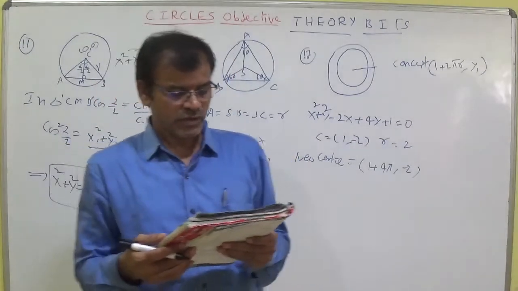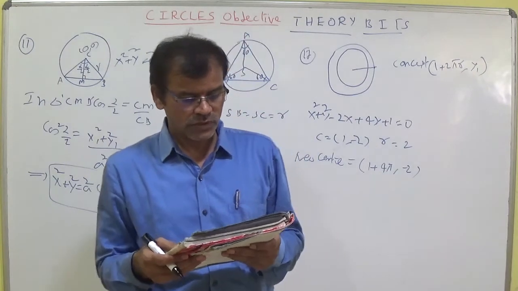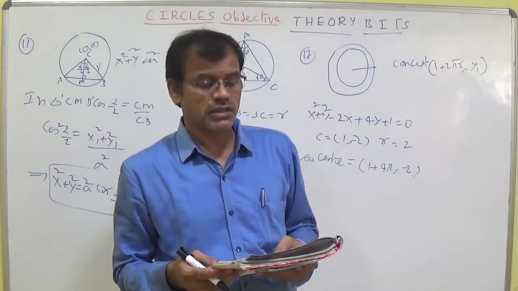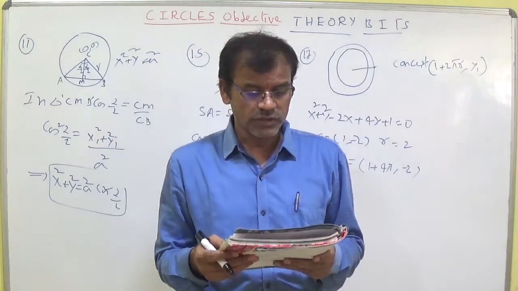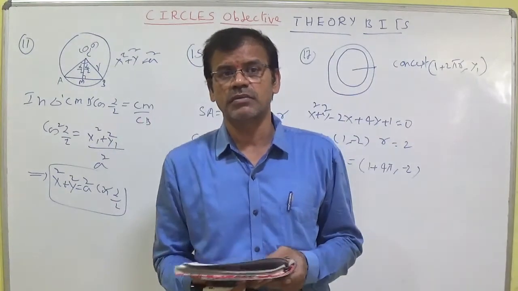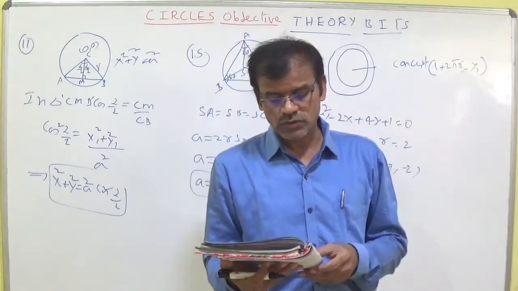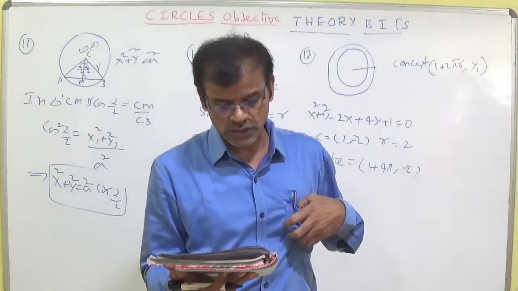17th question. Yesterday I said the formula: the midpoint of the circumference of the triangle which I have drawn from an external point to the chord of contact PAB is the midpoint of the original center and the x1 comma y1, then x1 minus g by 2 comma y1 minus f by 2. It is third option.